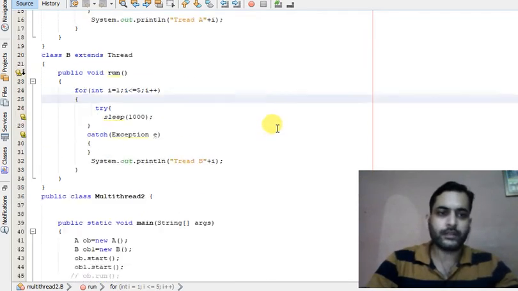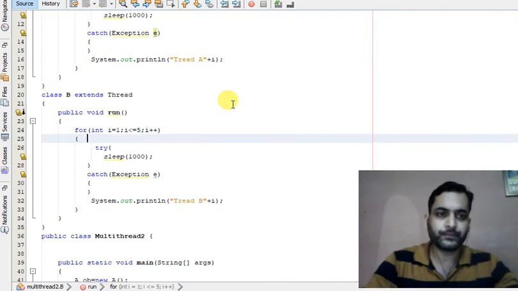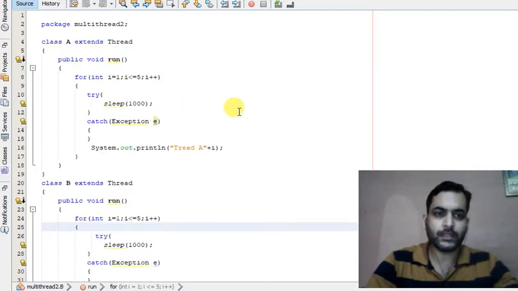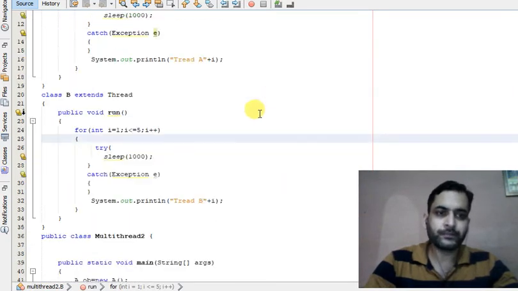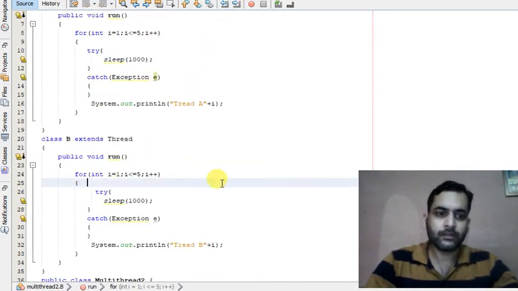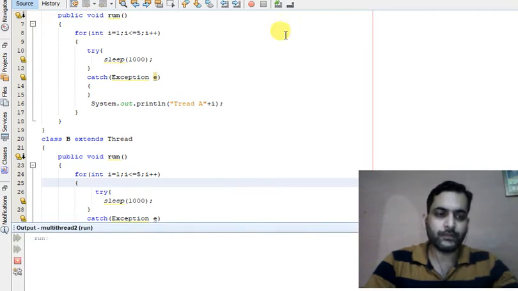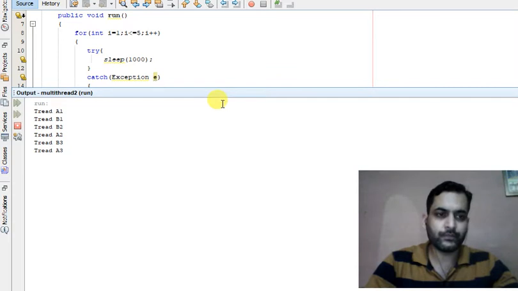And now let us see the output. This is our previous example in which we have created the two threads, thread A and B. So now you can see how it is running.